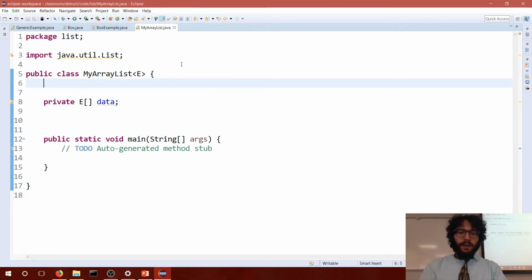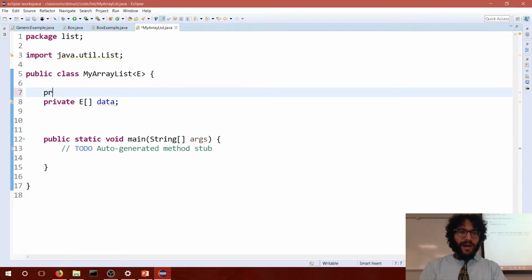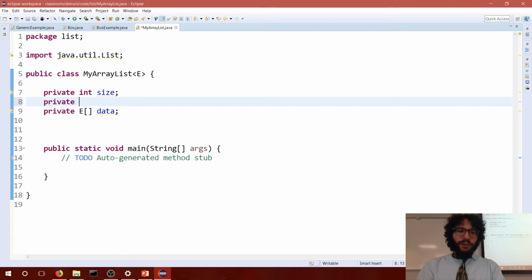Okay, next, we're going to keep track of the size. So private int size, right? How big this array list is. It's equal to how many things are in it. Also, we're going to have something called the capacity. We don't need to keep track of this, but actually, let's change this up. Public static final int